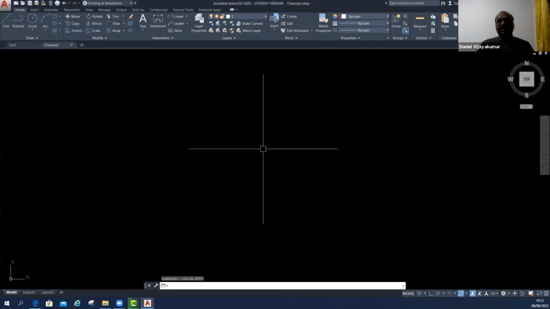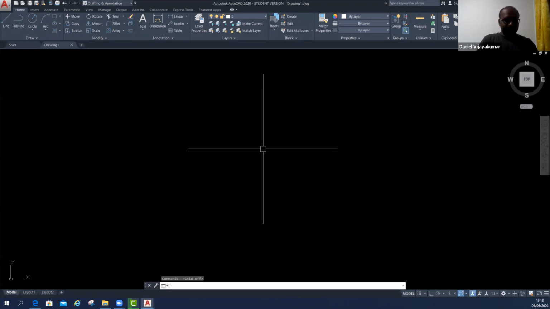Sometimes when we get the time, we will trim our hair, right? What is the meaning of trim? Cutting. It's a very simple word. It's cutting. Whatever you don't want in your drawing, you can cut and remove it. That is called trim.